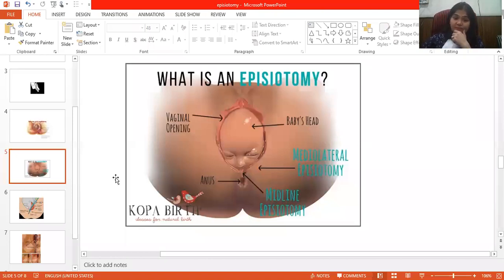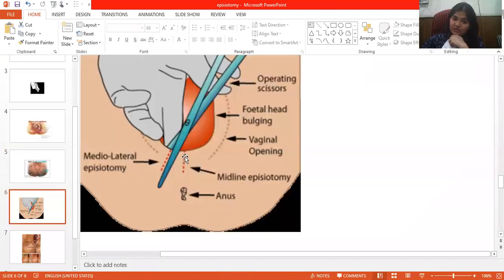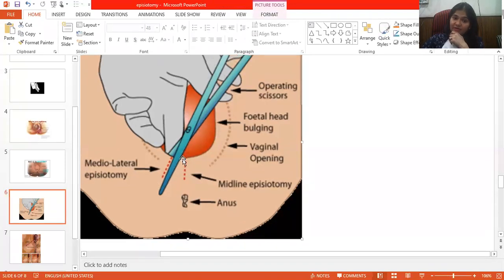One is median episiotomy. Median means it is straight, starting from the fourchette where the two labia minora meet, from the fourchette towards the anus. So a 2 centimeter, 3 centimeter cut is made. Or the cut is made mediolateral. That means this is median, then lateral would be like this, going just 90 degrees to the fourchette, right? And otherwise you can give mediolateral. So there are definite advantages and disadvantages of these different types.